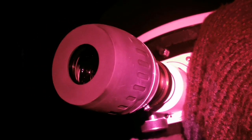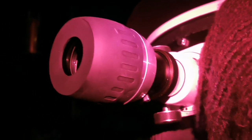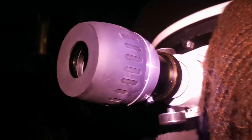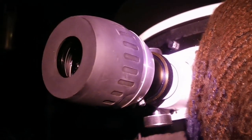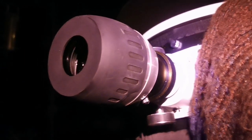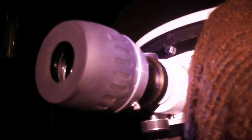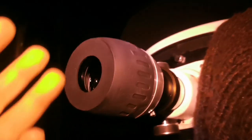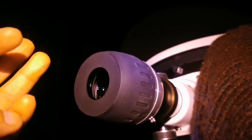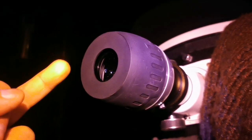Okay, now I'm looking with the Maxvision 24mm 68 degrees, equal to the Meade and Explore Scientific of the same specification. I can say that the view on this target, the double cluster, is only second to the Nagler 31, which is 31mm Type 5. This is a big, very extended target, and visibility of it is best in the lowest magnifications. So if I want to categorize on this target, Televue Nagler 31mm Type 5 comes first, second comes Maxvision 40mm 68 degrees, third comes the APM